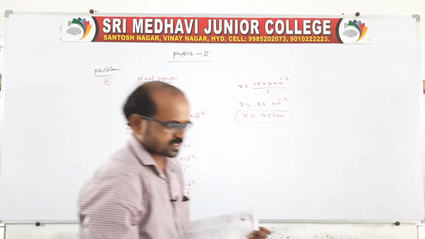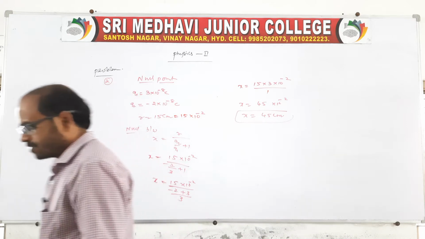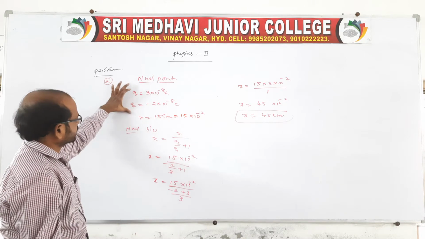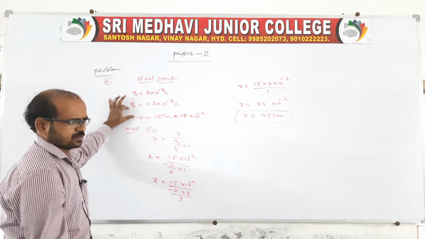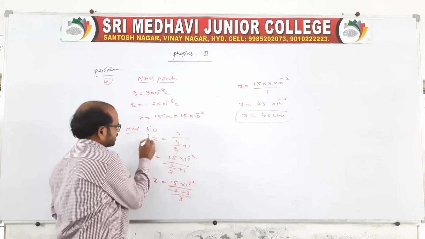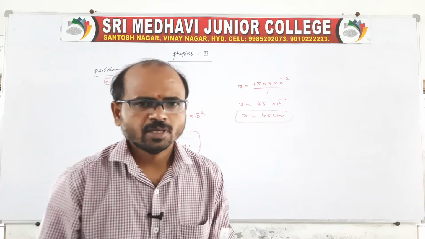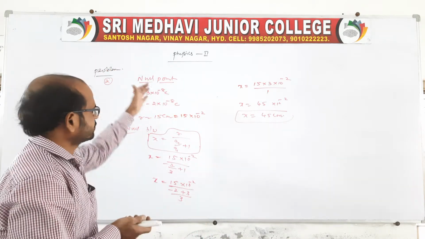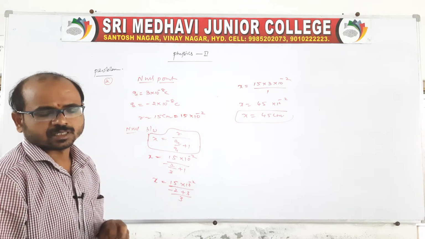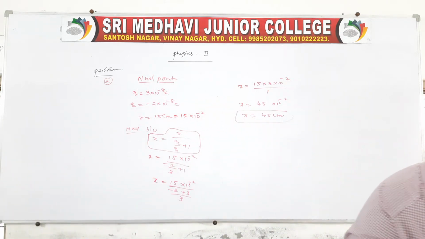Okay, 10 power minus 2 here is nothing but the null point relation. We already have the null point formula, so use that formula with the given q1, q2. Of course in our material it is a different method, but since we already know the formula, it is better to use it directly. Or else, if you want to do it as given in the material, you can, no problem. But directly we have a formula, so it is better to go through this. Clear? So this is the information related to the second problem given in our material.